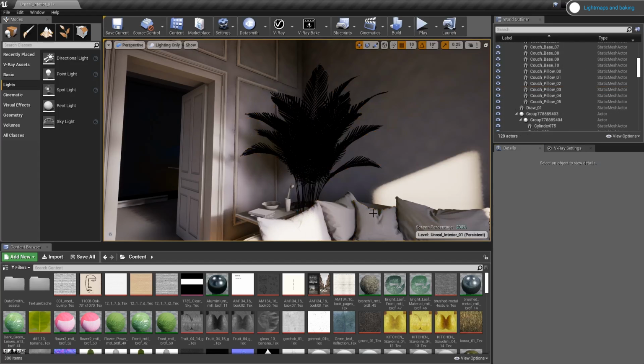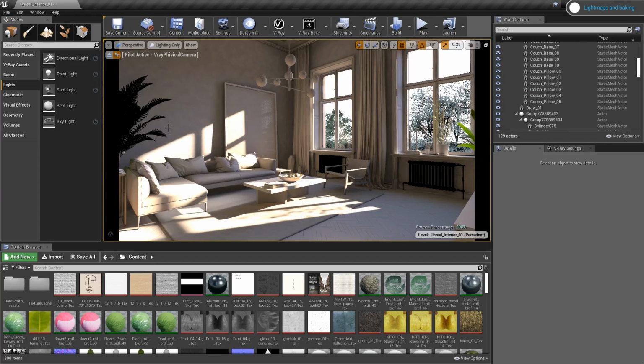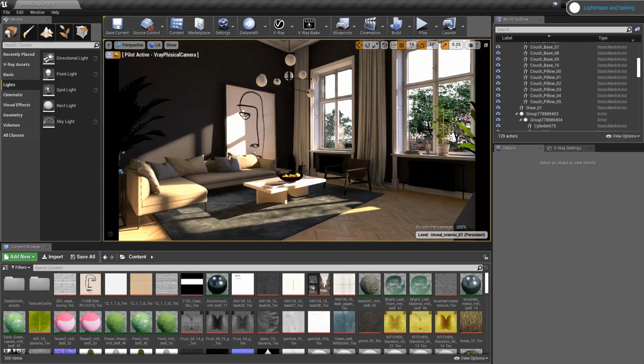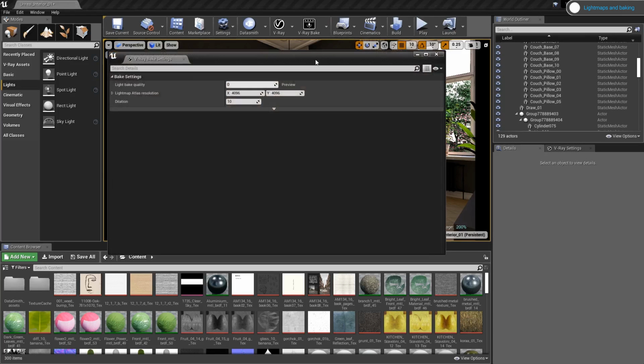Alright, I'm happy with the changes, so now it's time to move on to our final light map baking. I recommend using at least a medium or high preset for that. With the medium preset, the baking will take 13 hours and 15 minutes, using only my RTX 2080 Ti to